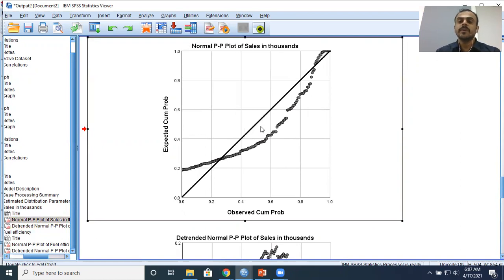Now, what do you do from here? If the variable sales is not normally distributed, it becomes a bit difficult to proceed ahead. Now, statistics does not leave you helpless. Statistics offers different solutions at this stage. If the original variable sales is not normally distributed, you can take certain transformations. Sometimes you can take a reciprocal of the variable. Sometimes you can take a log transformation. Sometimes you can take other transformations as well.